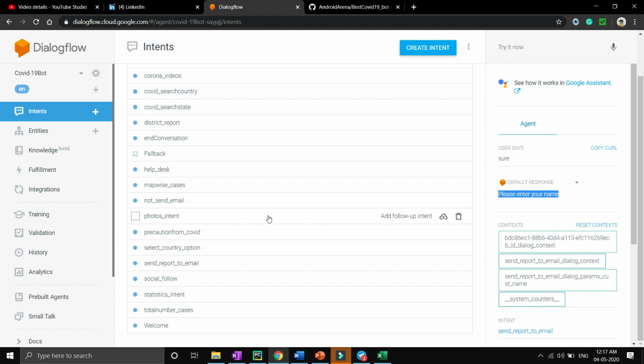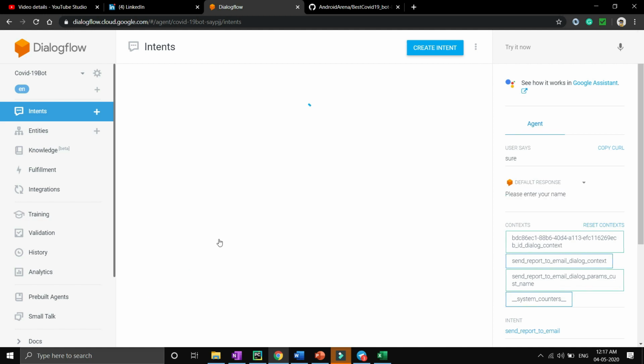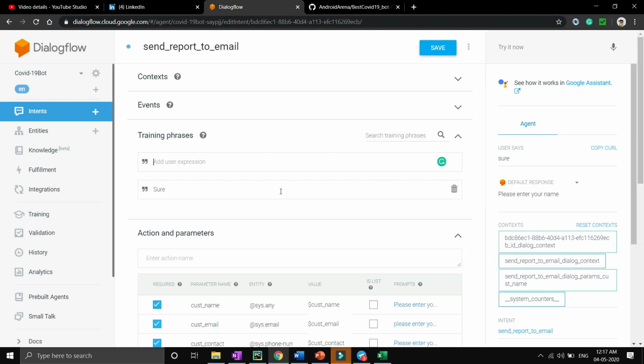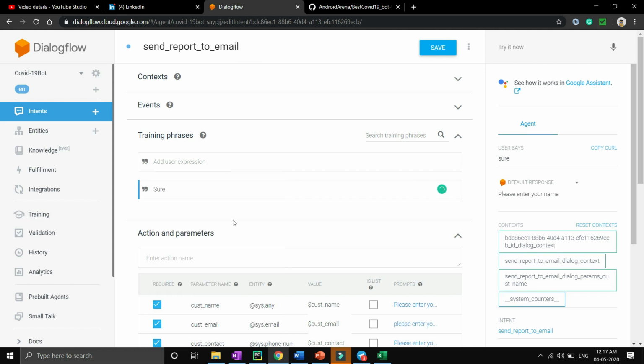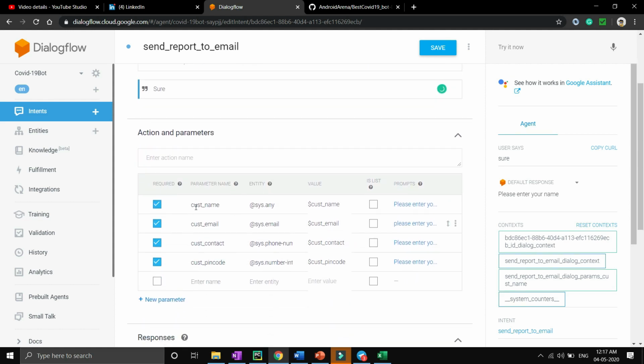So why is it asking me this kind of question? Because I have handled this kind of response or query inside my send report to email option. So the user will see that sure means the send email intent, and it will look for the action and parameters which we have to extract from the user.